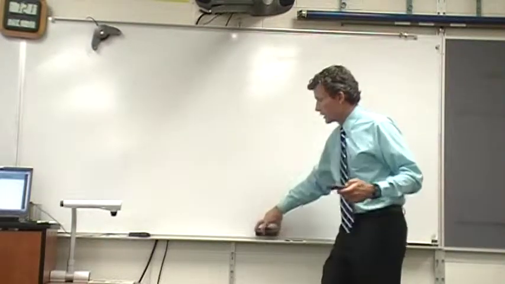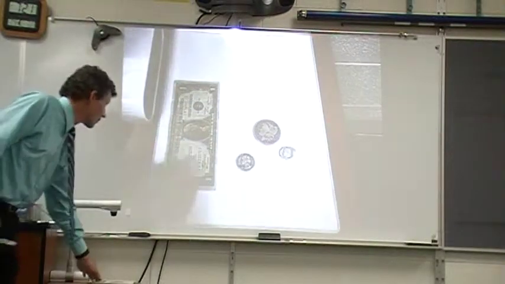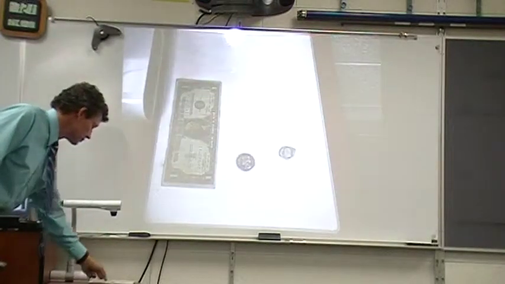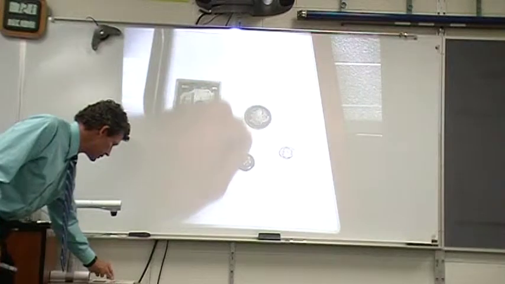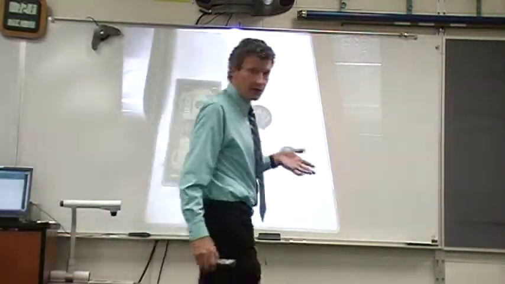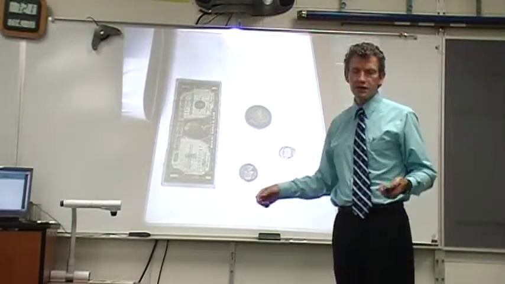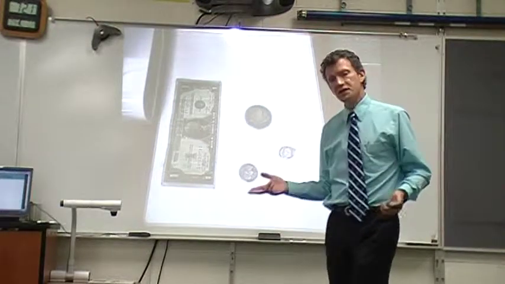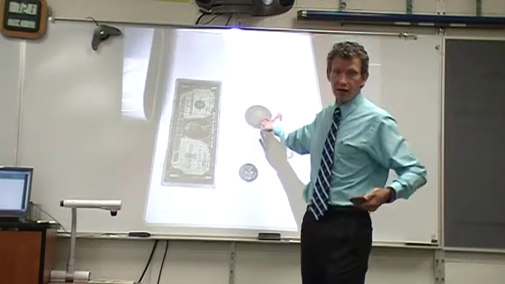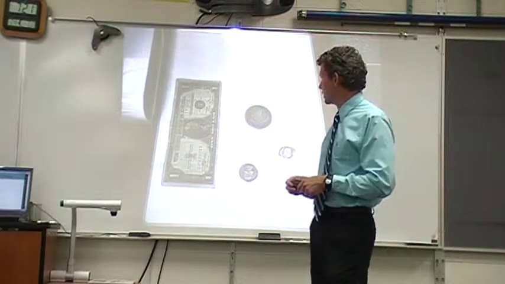I have with me here, and I'll show you some money from previous years. This is a silver dollar, and you can hear the difference in our money that we have now. Here's a silver quarter. This is actually commodity money that was in circulation. The smaller coins came out of circulation in 1964. They're made of silver. So that $1 silver dollar right there, if it was melted down at today's prices, is somewhere around $15 worth of silver.